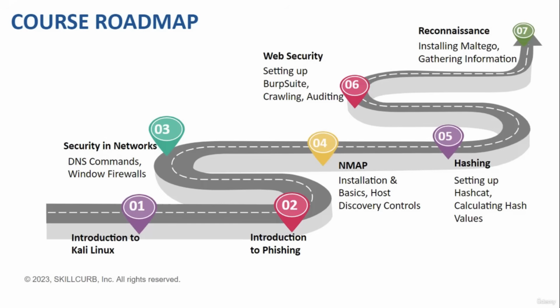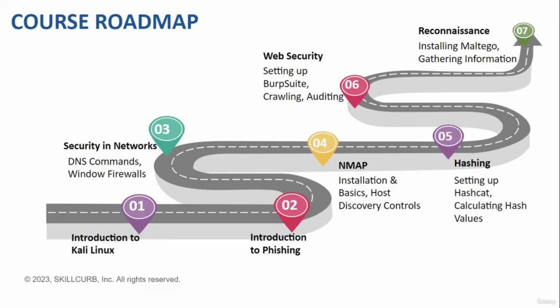After that, we will jump to network security, where we will learn about Windows firewall and DNS commands. Fourth section would be our Nmap section, which includes installation and basics of Nmap and host discovery controls and things like that. After that, we will jump to hashing, where we'll learn how to calculate hash values and set up